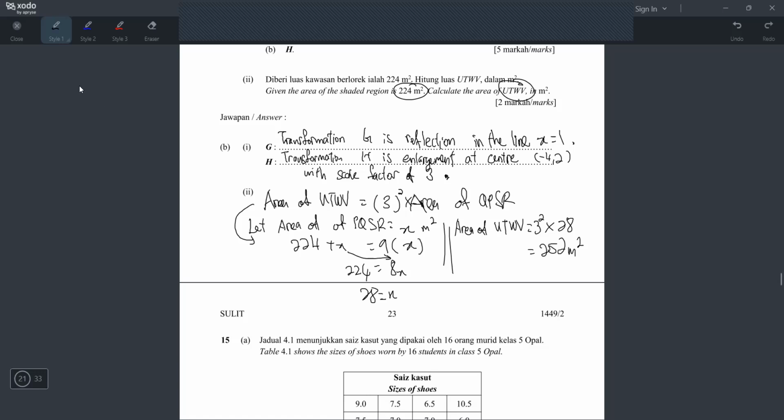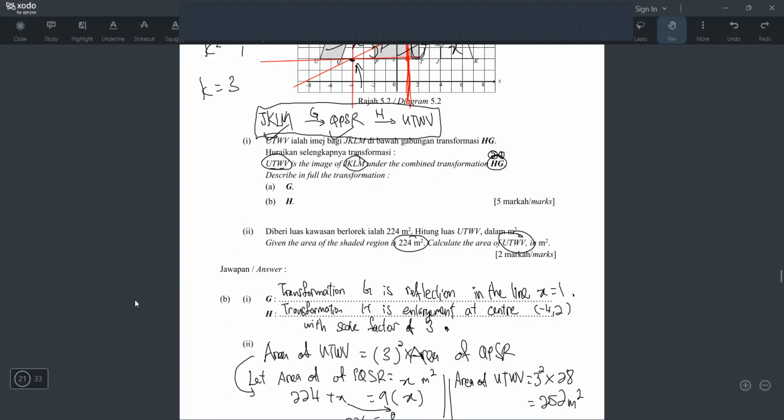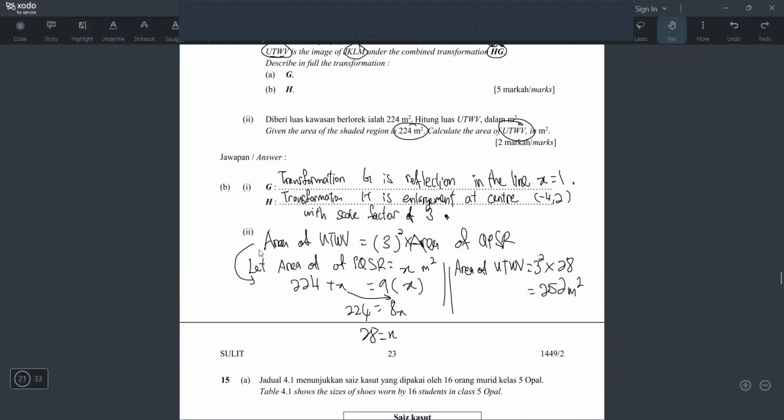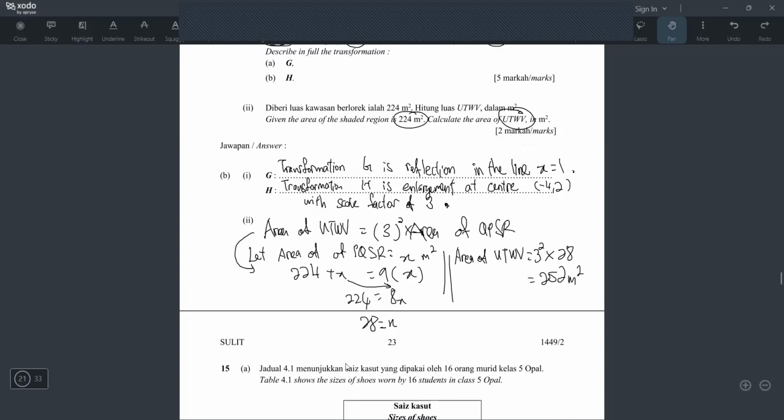Okay. So remember, sometimes if you sangkut dekat soalan ni, you kena let jadi X. Okay, let satu area jadi X, and then sambung. Lepas sambung, you dapat X, and then tengok apa soalan mau lah. Kalau soalan nak PQSR, then stop dekat sini. Tapi kalau dia nak area yang image, then maybe you have to take scale factor, square, darab dengan nilai itu. Alright? So that's how you do it.